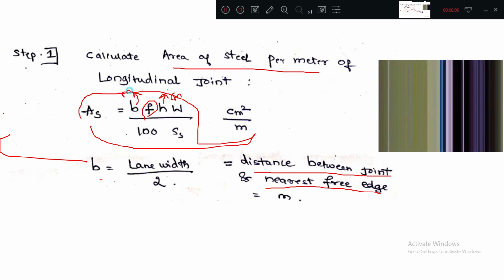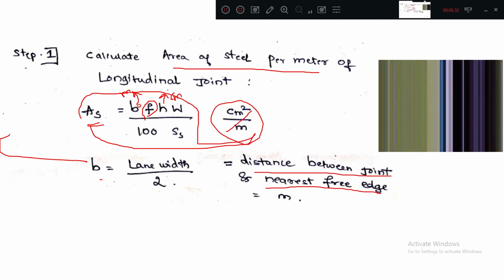B should be in meter. All these are empirical formulas. The person who has done the investigation, the final values are given in the textbook like this only. To get AS in centimeter square per meter run. That is why I have written centimeter square divided by meter, which means area of steel in centimeter square per running meter